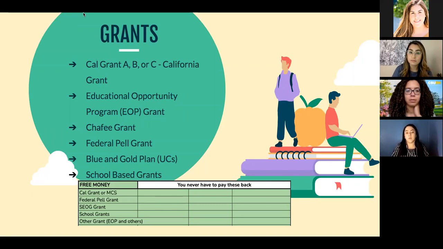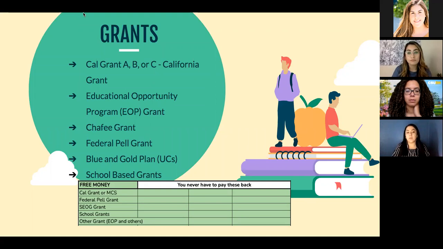And moving forward, we also have the federal Pell Grant, which a lot of you may qualify for as well. The federal Pell Grant is for undergraduates. So for anyone graduating from high school and going to pursue a bachelor's, you can be eligible for a federal Pell Grant, which can be awarded up to your tuition. It can cover the cost of your tuition at your respective school.